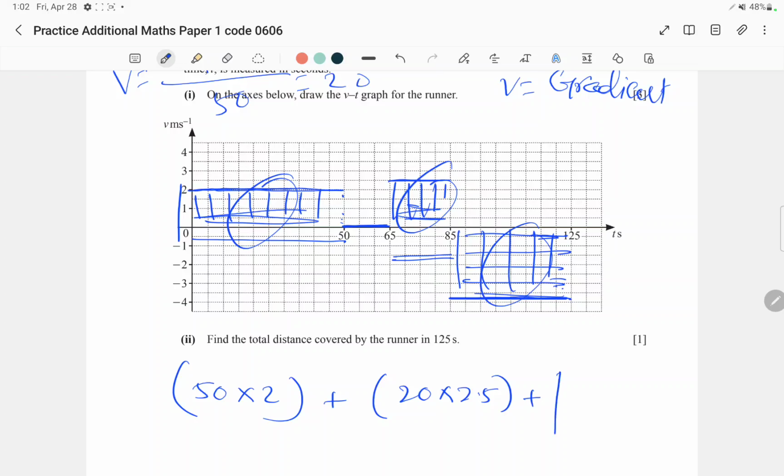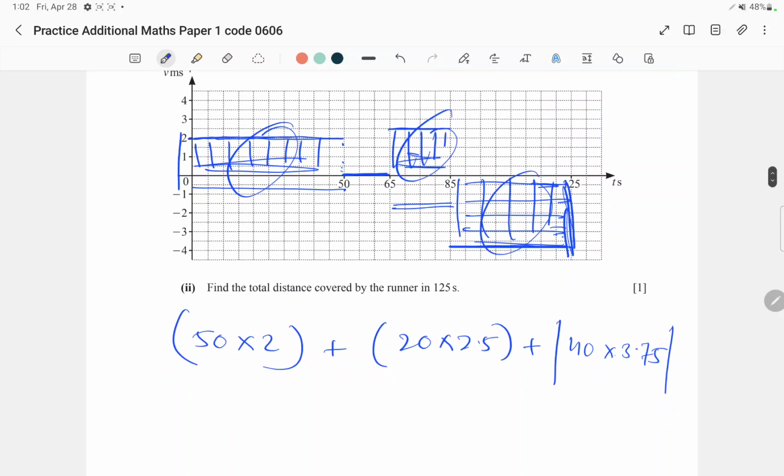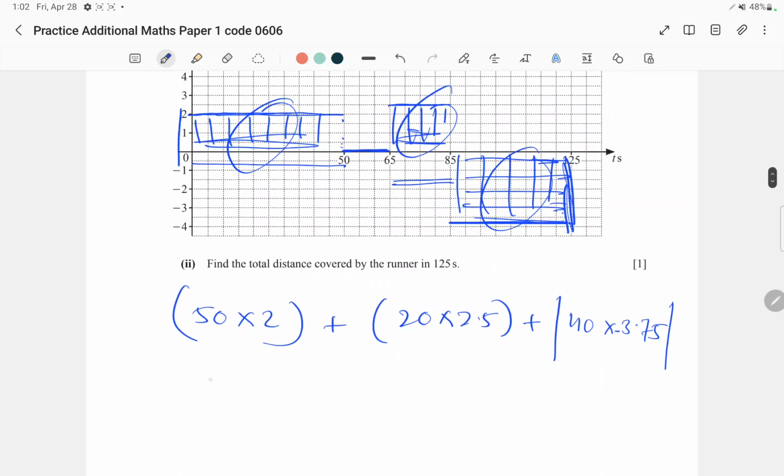Now plus we need to apply mod, because the area will be negative over here. That's 125 minus 85, that's 40 times this length, which is 3.75. Actually it's minus 3.75, but you know that we have to, okay, let me write minus. So 50 times 2, that is 100,